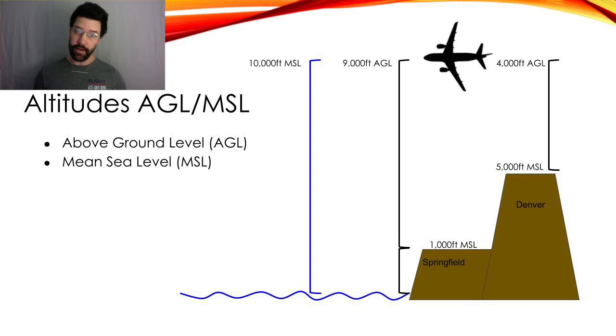The Springfield Airport is about 1,000 feet above sea level. As skydivers, we set our altimeters to 0 on the ground, which is already 1,000 feet above sea level. So as we climb up and our altimeter reads 9,000 feet, the aircraft altimeter is reading 10,000 feet above sea level. At 10,000 feet MSL above sea level, flying over Denver, a skydiving altimeter would only indicate about 4,000 feet